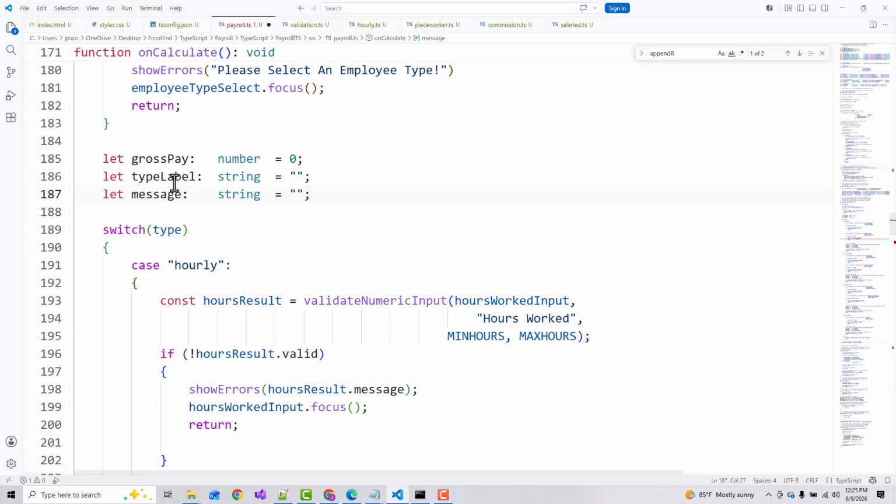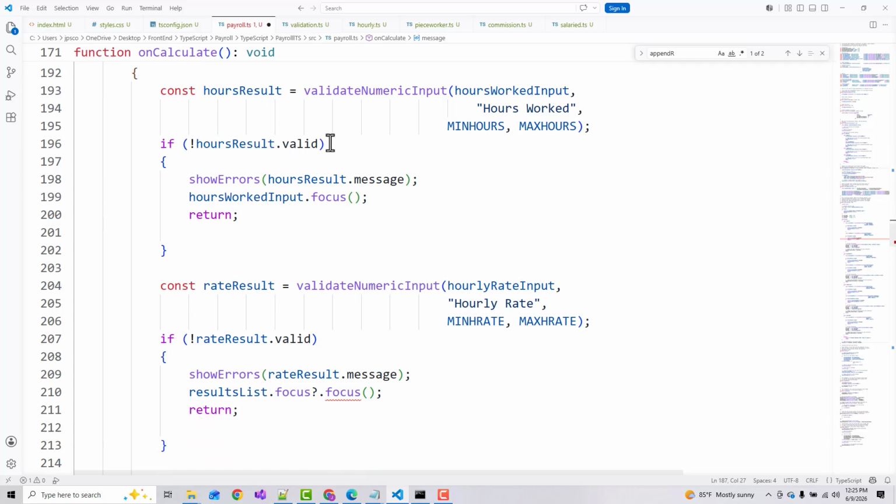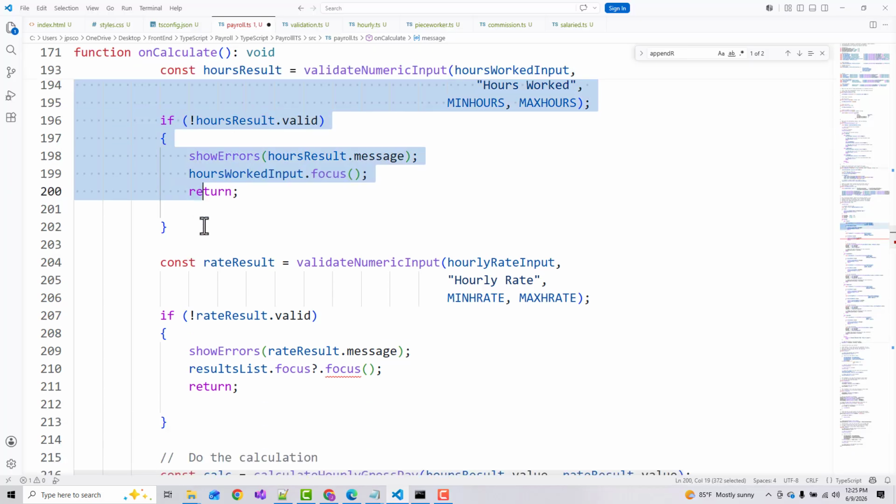Okay, I'm going to switch on type. This is going to change quite a bit now because of the way we made our changes before. So what I think I'm going to do is I'm going to take everything, even though I'm sure I can use some of this, but I'm going to take everything inside of here,